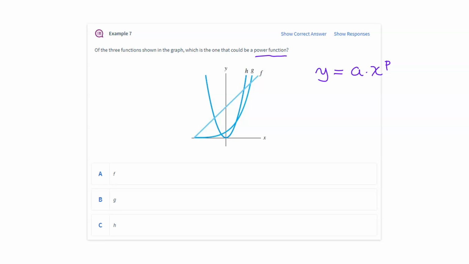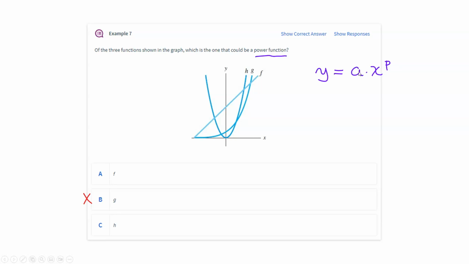Now, oftentimes for a power function, you're going to see some change in steepness and changes in direction, whereas this one here is all one direction and only changes in steepness once. This looks more exponential, g, than anything else, so we can exclude that one right off the bat as being a power function. It also fails the second thing we're about to look at. Linear functions can be power functions because exponents of 1 do count,